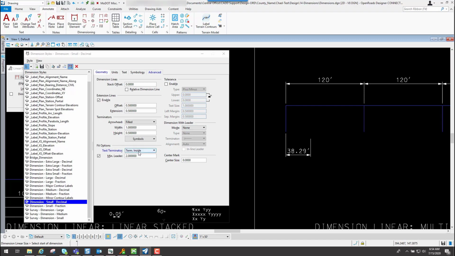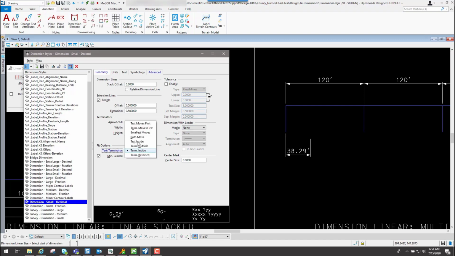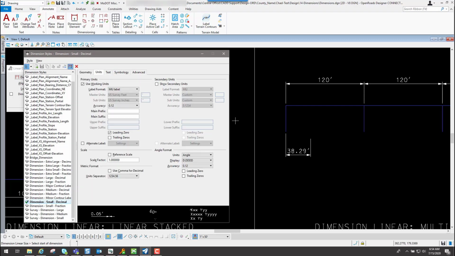Or let's go through another example. Let me go ahead and change that back. Let's say our units. Let's say I want to show secondary units, because a lot of times whenever you dimension stuff, you may want to put the actual length of the dimension and then maybe put some text below it for something like rebar or channelizers. So this is where you can come in here and actually turn this on, and that particular text that's below your dimension line will be associated to the text.